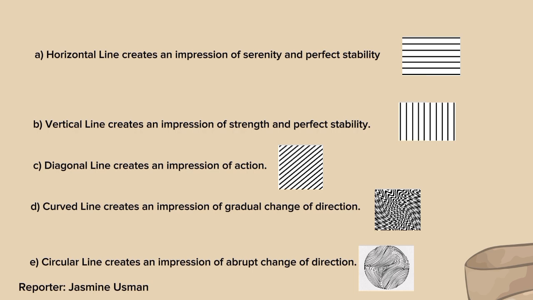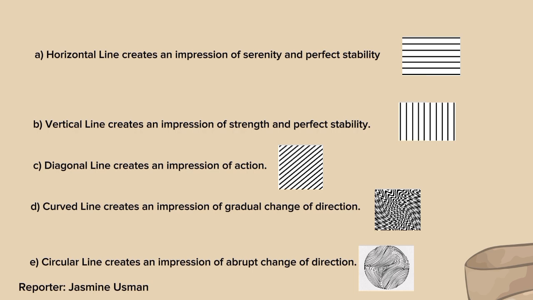The last one is the circular line. Circular line creates an impression of abrupt change of direction. It means that circular lines abruptly change direction, creating a sense of sharpness or abruptness. Unlike curved lines, which transition smoothly, circular lines have a more pronounced change in direction, resembling the shape of a